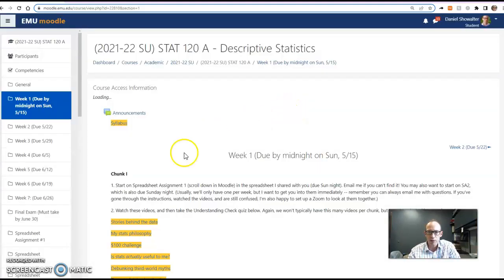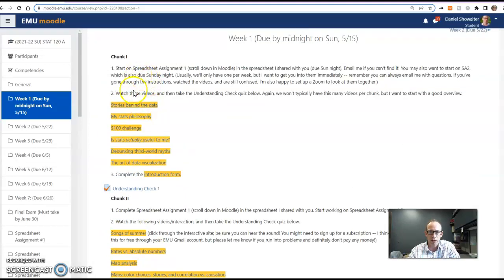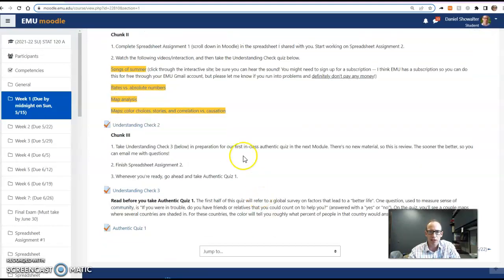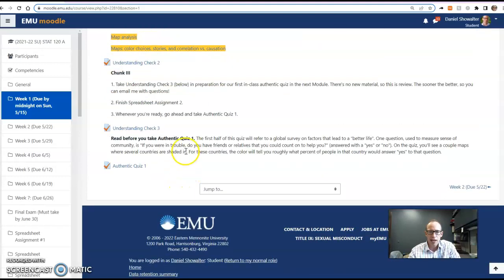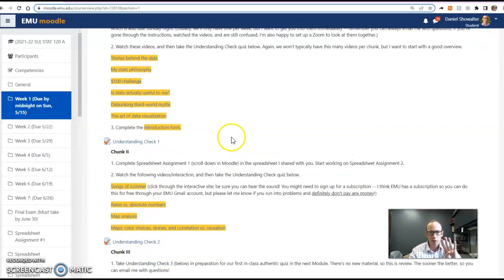So you'll have those pretty frequently. Typically there will be 3 chunks per week where you have some videos, then an understanding check, videos, understanding check, videos, understanding check, and then every now and then, oops, it looks like I just skipped it over. There's 4